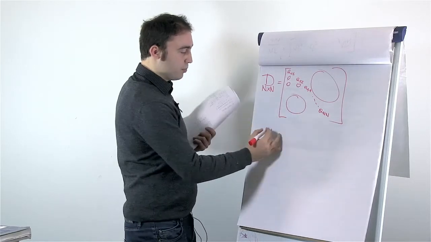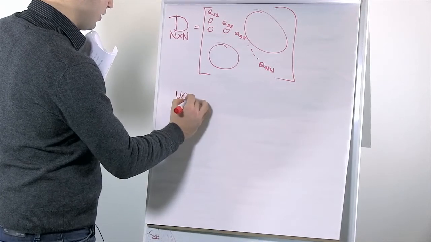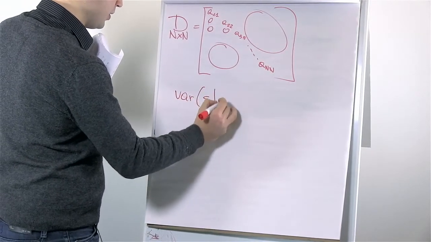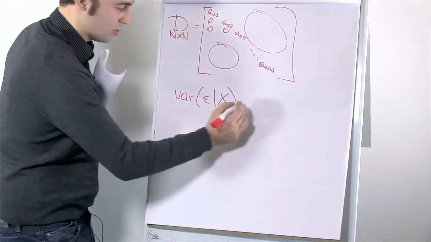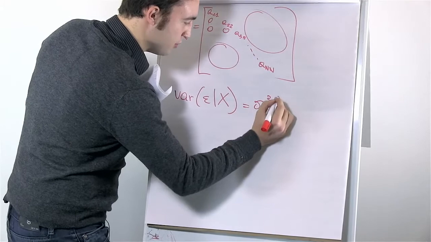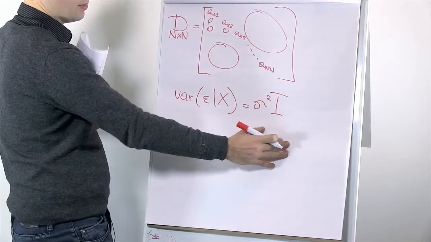And why do we need to know it? Because, for example, the variance of epsilon given x in the course will be sigma squared multiplied by E, and we need to remember that this is a diagonal matrix because